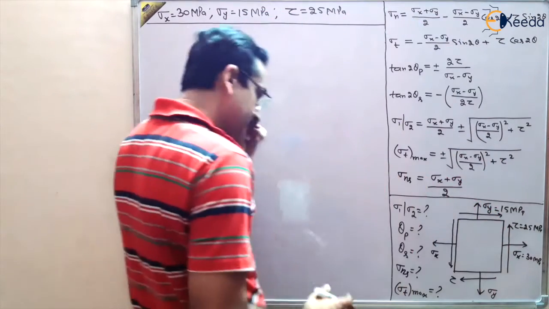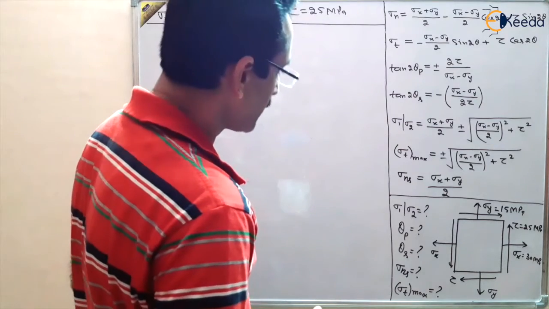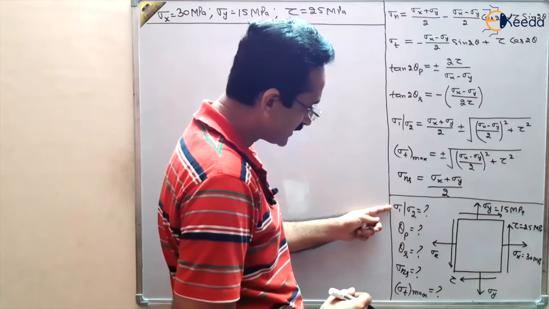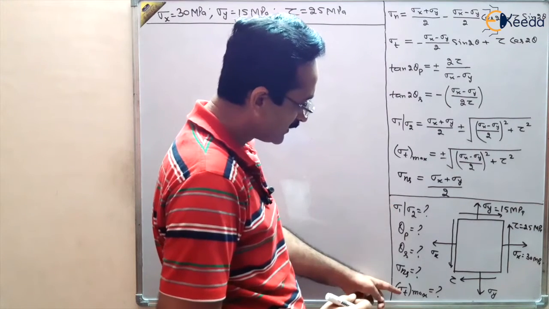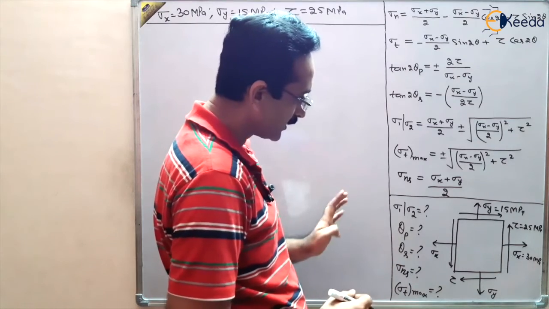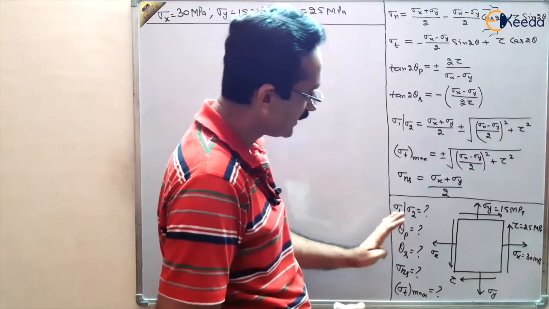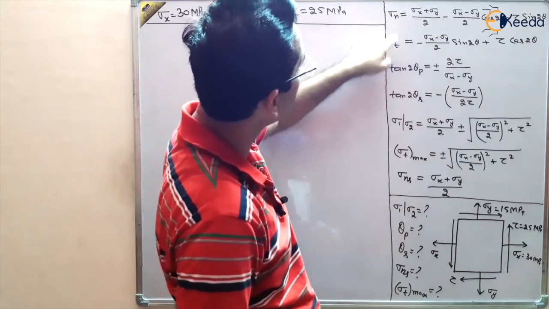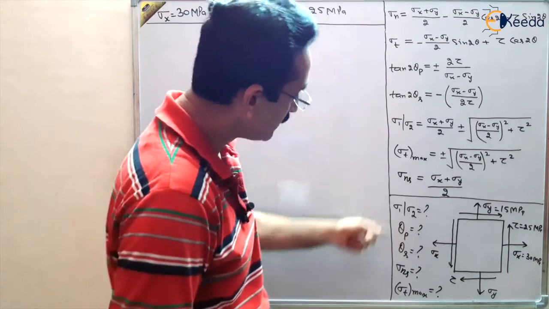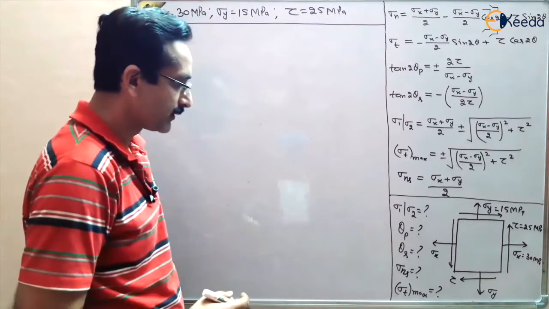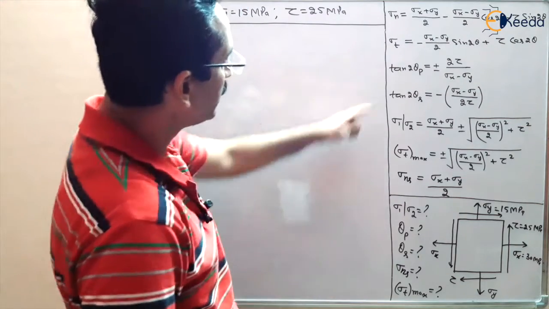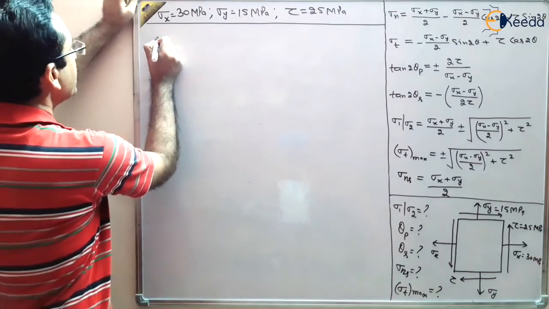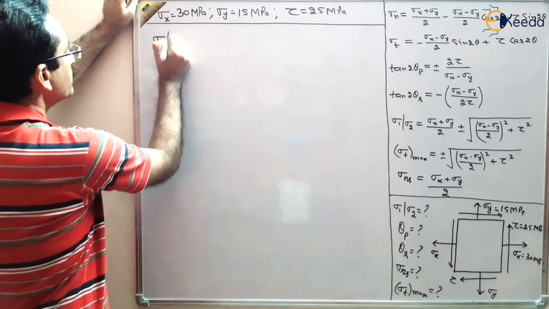So this is the stress condition, and we have to find the maximum stresses: maximum principal stress, maximum major normal stresses, maximum shear stresses, and so on. There is no theta required, which means we do not have to calculate the normal and tangential stresses at a certain angle theta. We have to calculate the maximum conditions. So we have a formula for sigma 1 and sigma 2, and we can apply it directly.